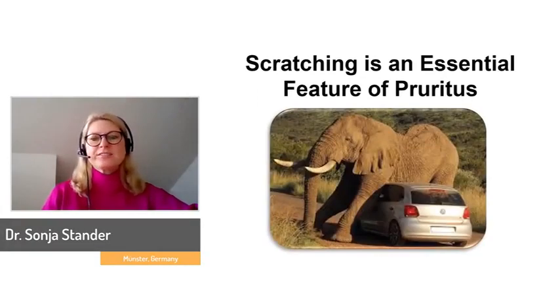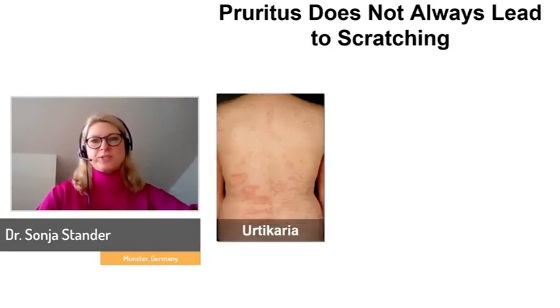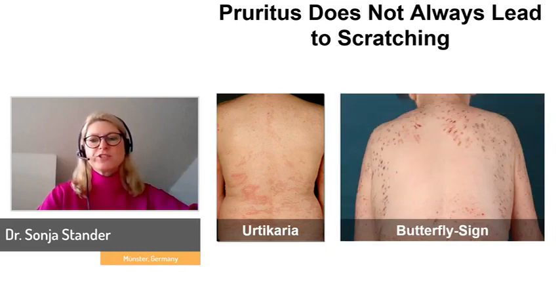Let's take a look at the scratch-induced lesions. Pruritus is not always associated with scratching. And this is what we know. For example, in urticaria, the patients rarely scratch. And we do not see scratch lesions. Why is it? Because scratching is not helpful. Scratching only helps when the pathology is also in the epidermis. So when the epidermal nerve fibers are involved in itch generation, then we can scratch and remove the nerve fibers. But in urticaria, we can't. And so here we do not see scratch lesions, but in this patient, we see scratch lesions, and we see that he cannot reach the central back with his hands. And here the scratch lesions are spared.